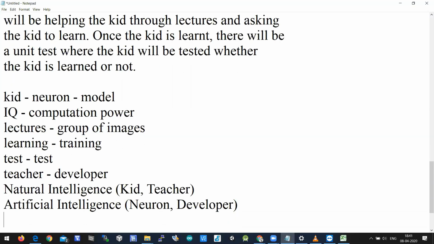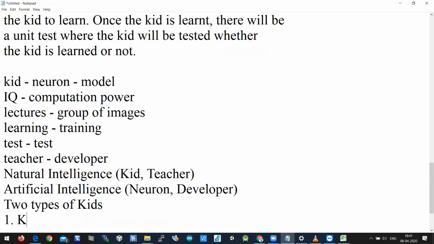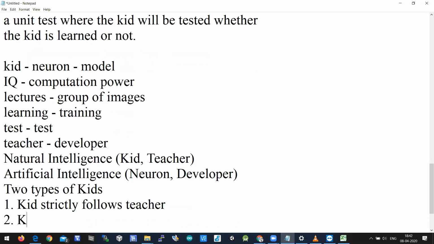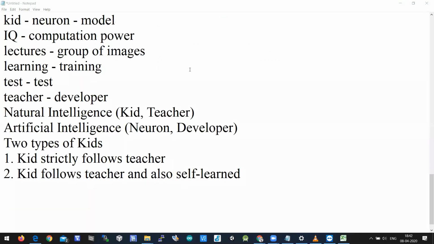There will be two types of kids, right? One kid strictly follows the teacher. The second kid follows the teacher and also self-learns. Sometimes we used to hear lectures given by the teacher.